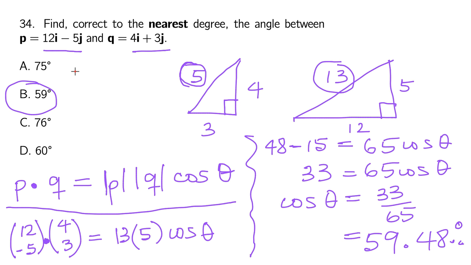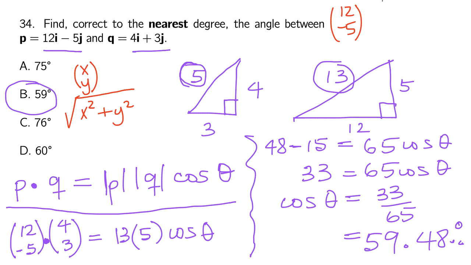So if you have a vector like this, x, y, its magnitude is just the square root of x squared plus y squared. So in the case of (12, -5), the magnitude is just 12 squared plus (-5) squared,